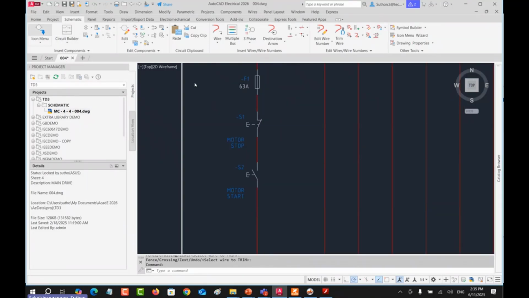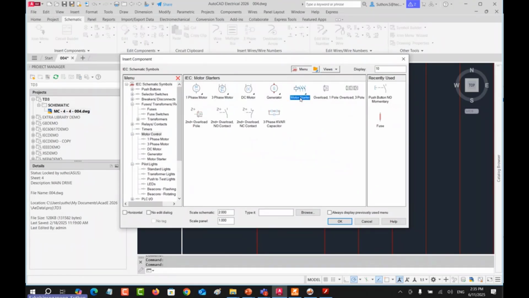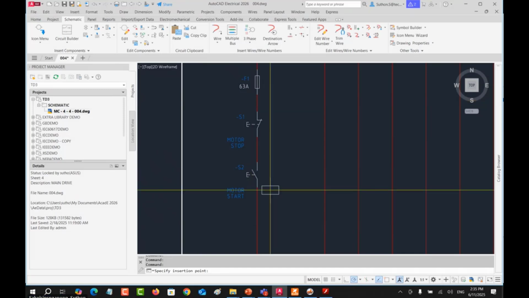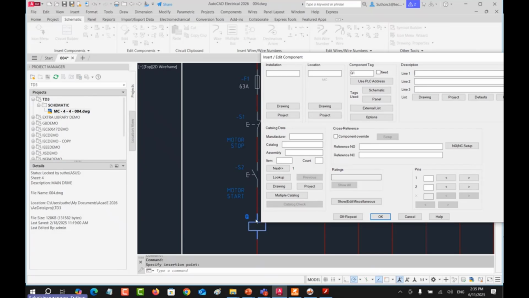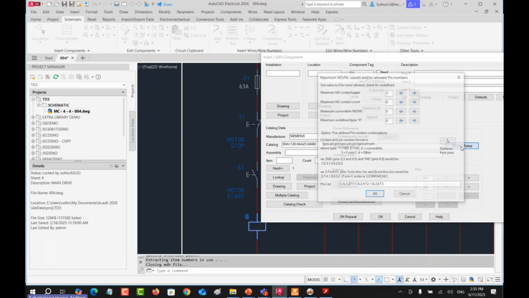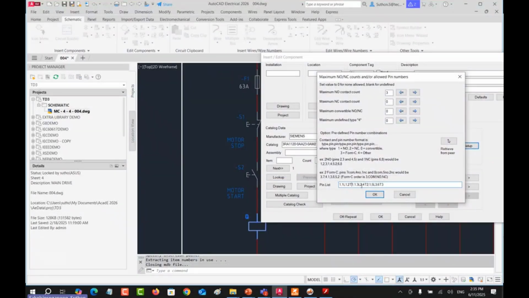The next thing that we want to put in is the motor starter coil. And I put it around here. You can see that the component automatically snaps to the line. I just put it in the nearby location and the system will snap automatically. And then I look up. I try to use this. And I see the NO NC setup. We can see that it has only the power contact, but I want to use the auxiliary contact. I just type 1, 11, 12, and then a semicolon.